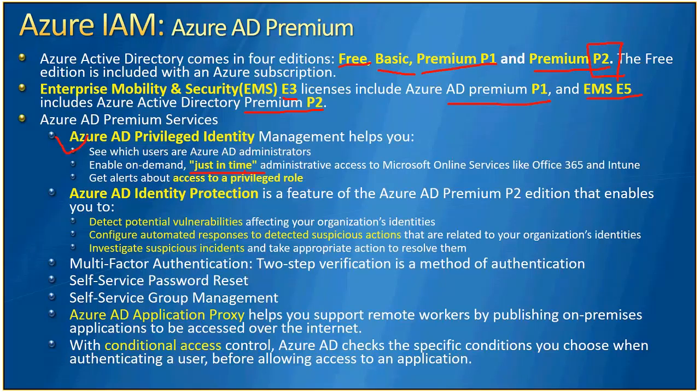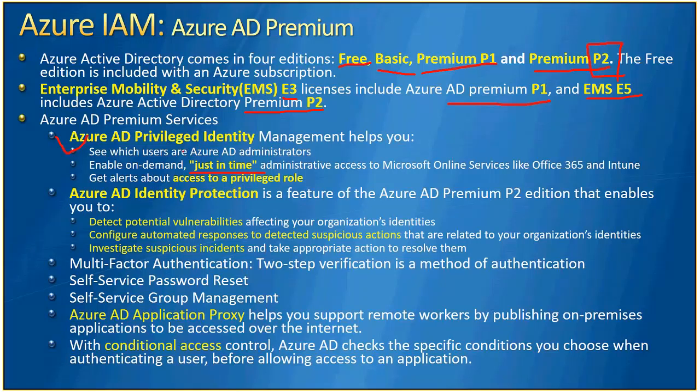So say, hey, I want to grant this right, I want to make users eligible for it, but when they request it, it has to come to that user's manager for approval. If that manager approves, then only is he granted that privileged role, right? You also get alerts. Some of these are the features which we'll see in action as a part